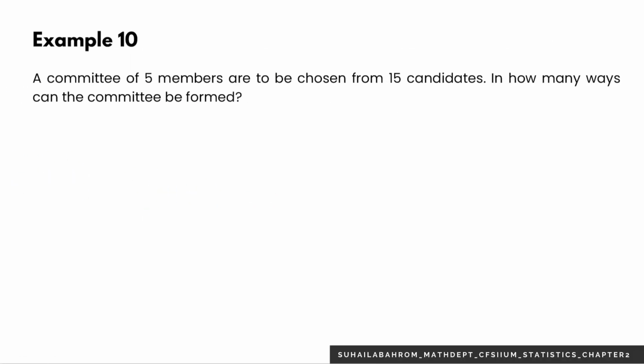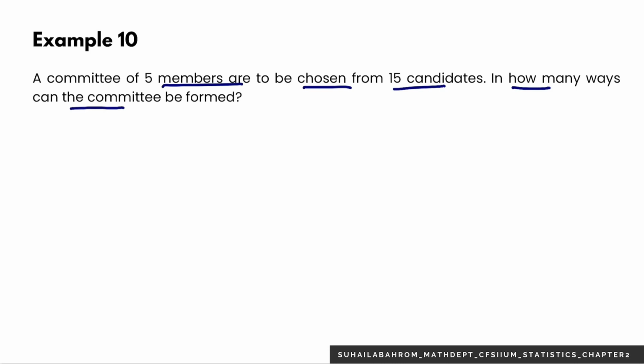Example 10. A committee of 5 members is to be chosen from 15 candidates. In how many ways can the committee be formed? Since you want to choose just a committee without any specific post, we have to use combination because